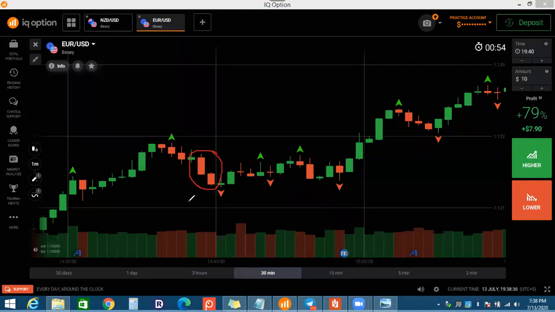Because we are in the uptrend. Here, effort is increasing, result is decreasing. Here, effort is decreasing, result is increasing. And here, effort is decreasing, result is increasing. So one time it's working, second time it's working, third time it's working. And in the uptrend, you can take signals like